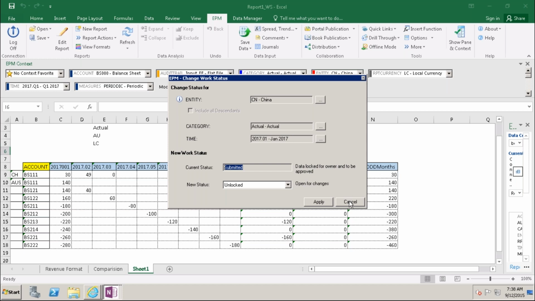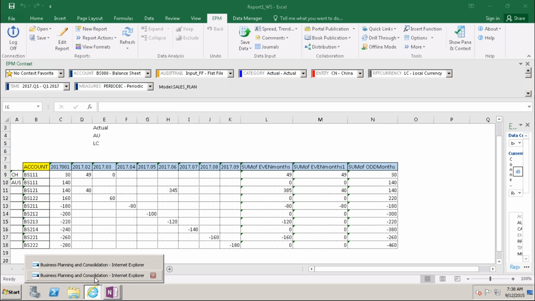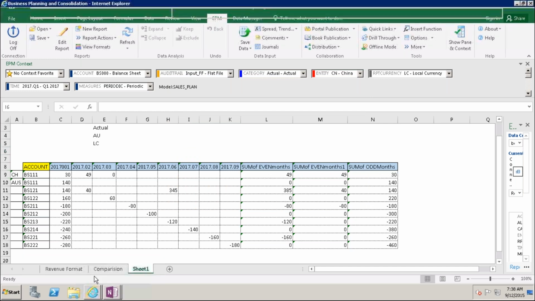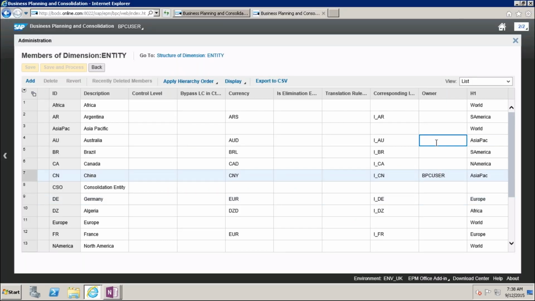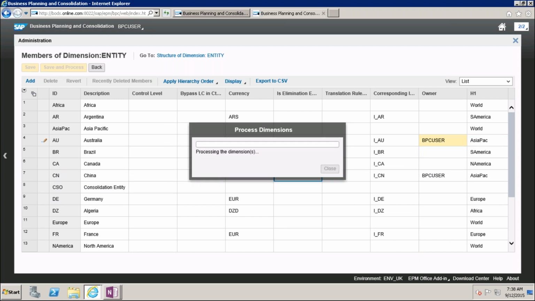Now what I'm going to do now, here I'm giving PPC user manager level. Close.